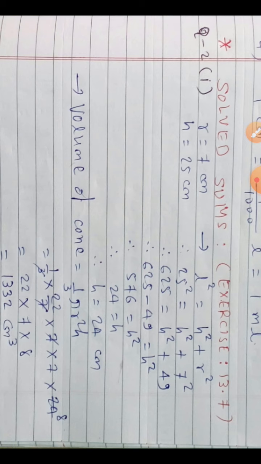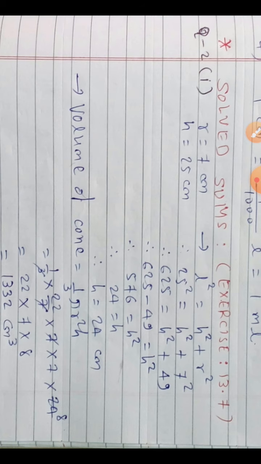So first of all be careful when it is a matter of cone. At that time, first of all know whether all parameters required for finding a particular thing are given or not. If anything is missing, then find it first, then only start your main answer. Now we can find volume of cone. I earlier told you many students mix up l and h. They place the value of h in place of l and the value of l in place of h. So that is wrong.